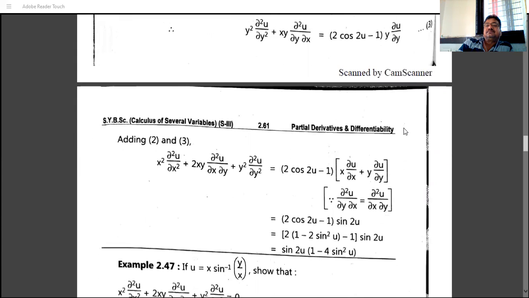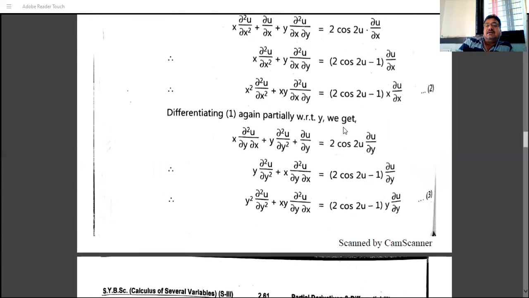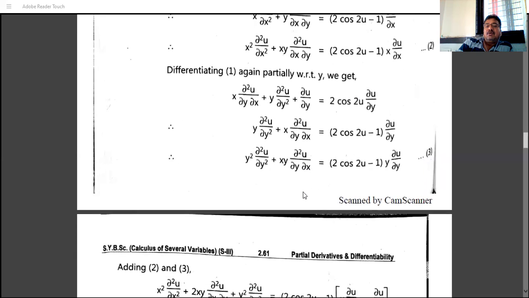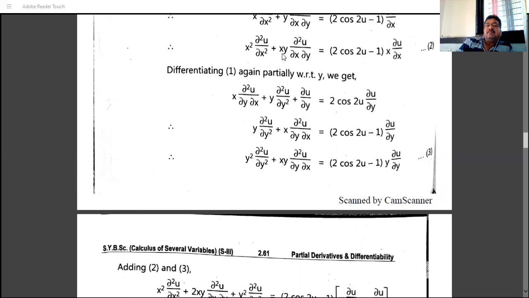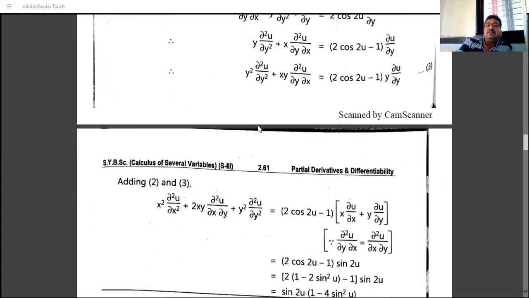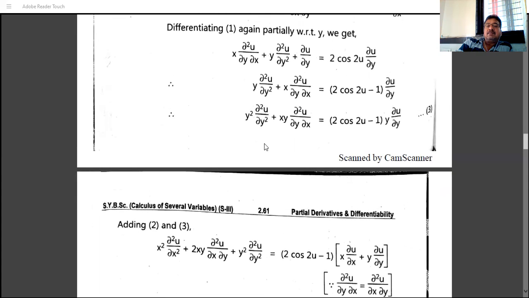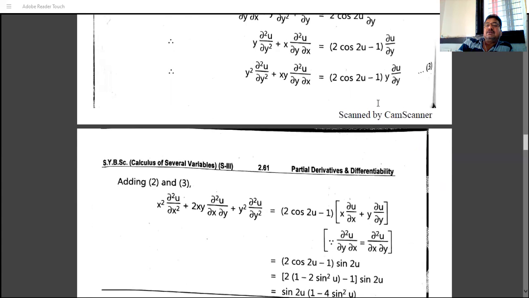We have this. Then adding 2 and 3, we have x² ∂²u/∂x², and this xy ∂²u/∂x∂y, and this xy ∂²u/∂y∂x. The addition is what? 2 times xy ∂²u/∂x∂y. Because this function is a polynomial function, and a polynomial function is always continuous everywhere, these two are the same: ∂²u/∂x∂y and ∂²u/∂y∂x, both are the same. It becomes 2 times, plus y² ∂²u/∂y²,